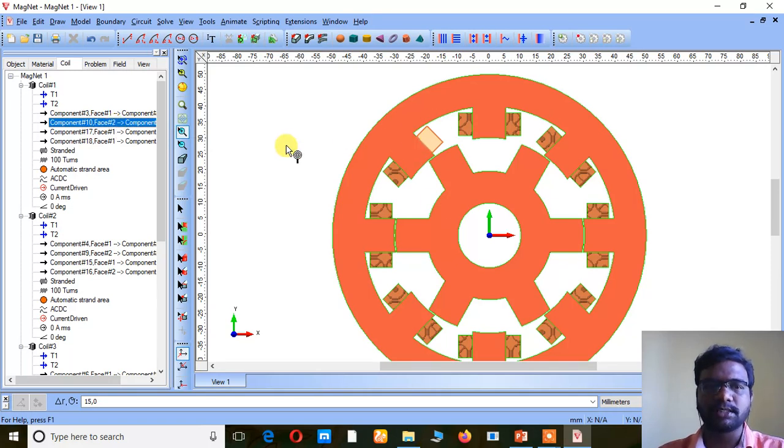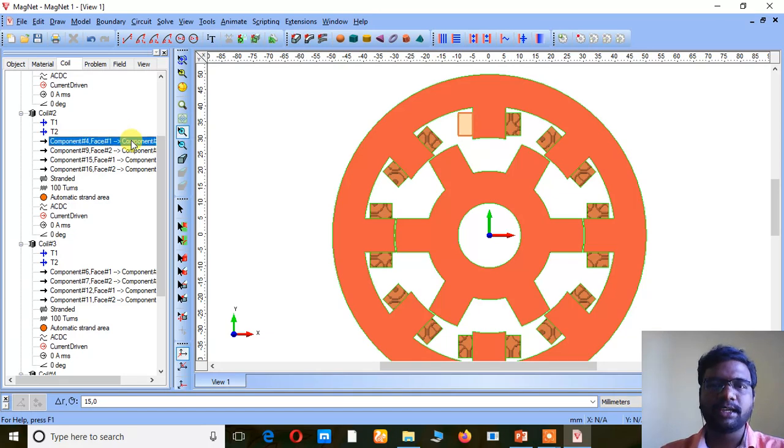If this is cross, this one also should be cross. Just double click this one or right click and reverse coil direction. Again, if this is dot, this one should be cross. Either double click or just reverse the coil direction. The coil direction will be changed.